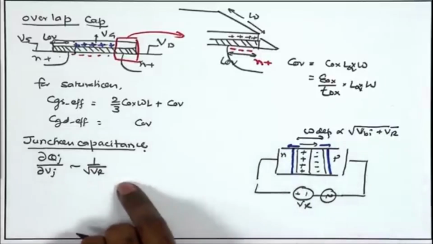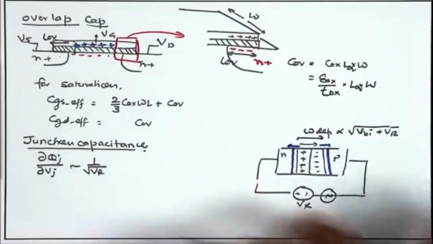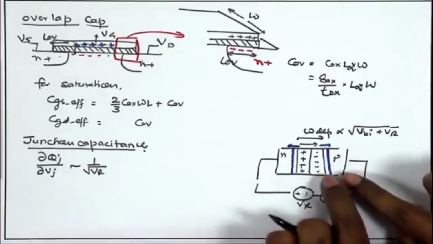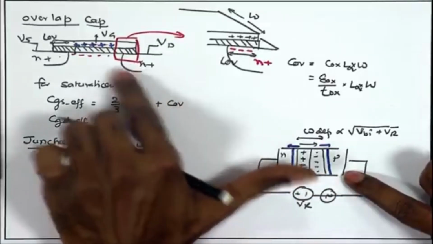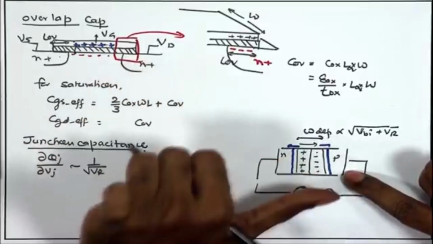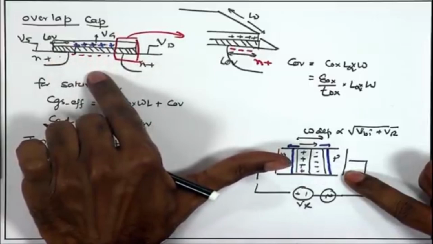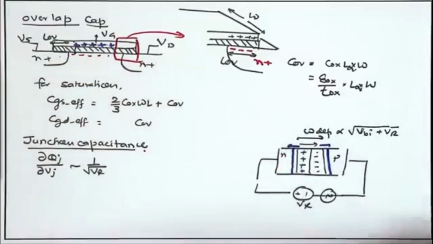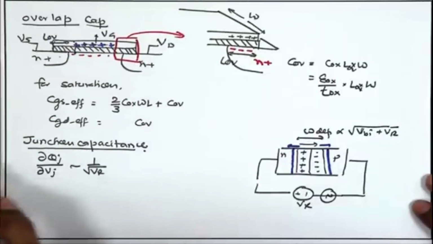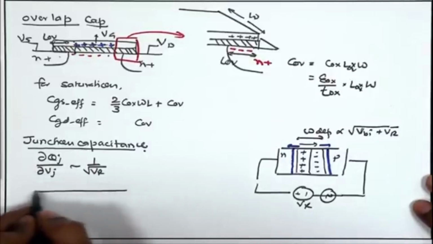So, the same phenomenon of junction capacitance, that is the charge storage mechanism, is present in the MOSFET, because the MOSFET inherently has this PN junction inbuilt between the N plus source and drain and the substrate for the NMOS, and likewise P plus source and drain and the substrate for the PMOS. So, once again,